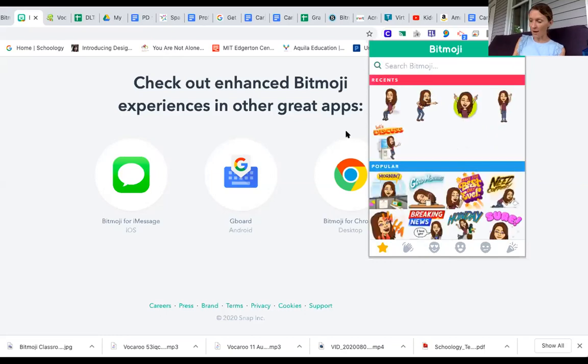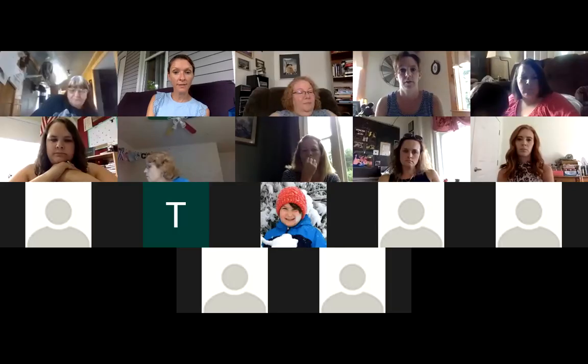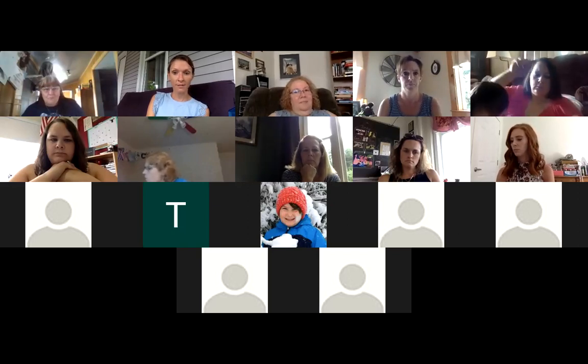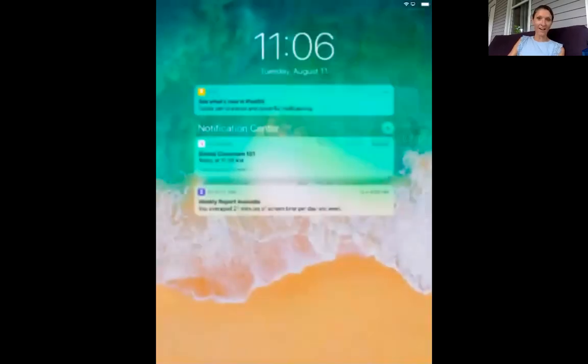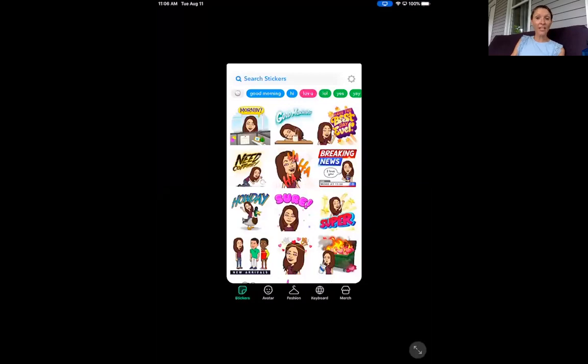So I'm now actually going to screen share my iPad. So I'm going to stop sharing the screen for a minute and go back and share this via AirPlay. So just give me a second here. And now you should see my iPad. So I'm actually already in the Bitmoji app,